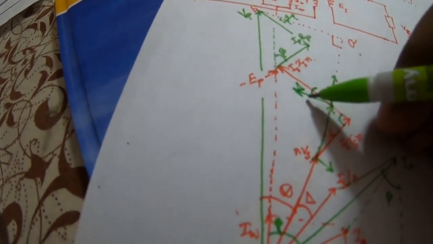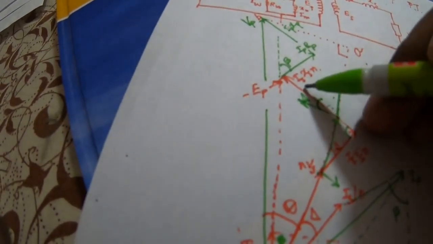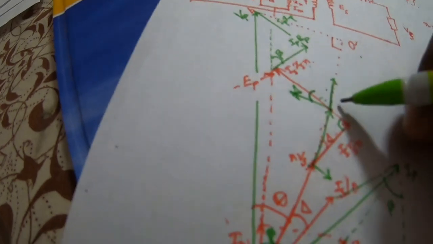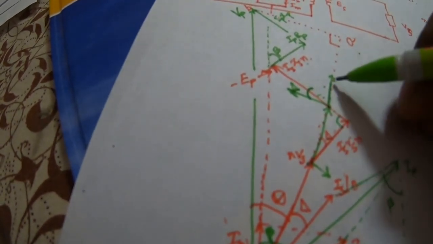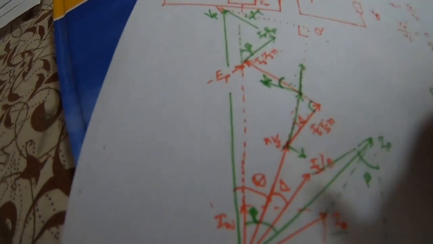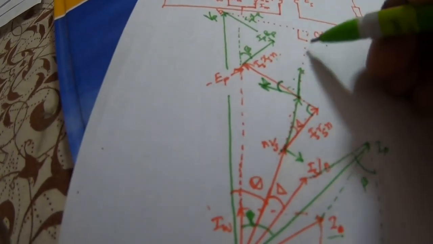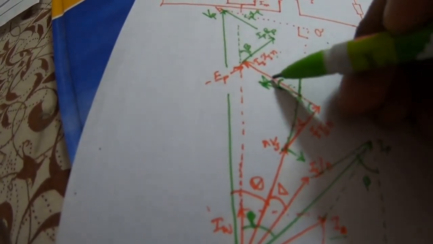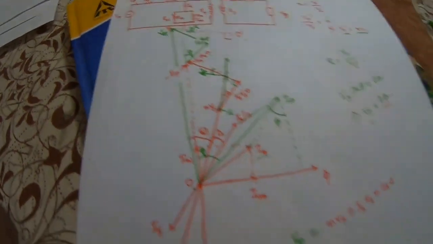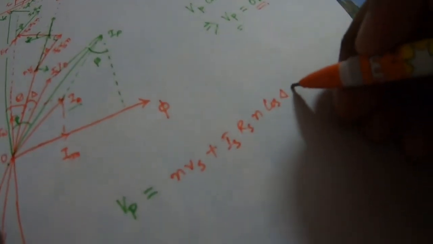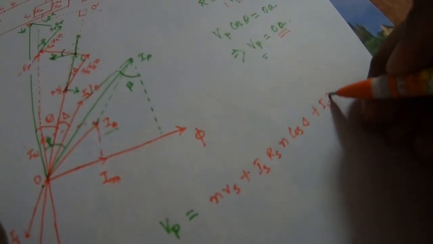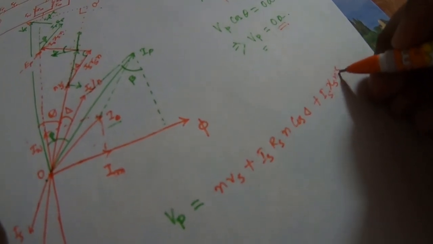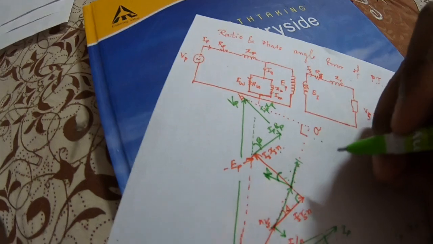So now along this axis we will be having Is Xs. So along this upper axis, the Y axis, we will be having Is Xs/N cos delta, and along this axis we will be having Is Xs/N sin delta. So hence we have to go to OA, so we go to A, that is we have to take this Is Xs/N sin delta. So then you just write down this thing, that is plus Is Xs/N sin of delta. So up to this we are having this point.